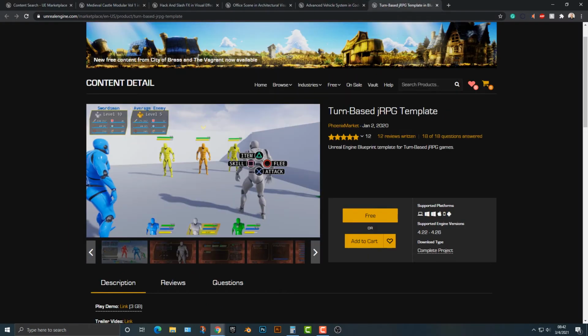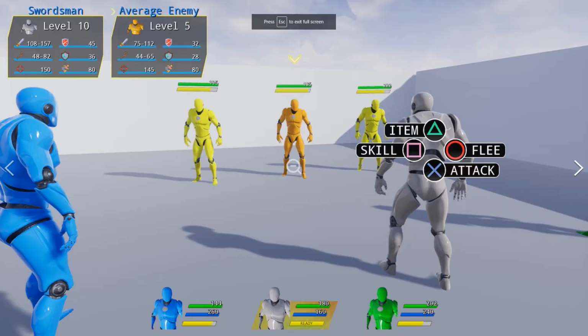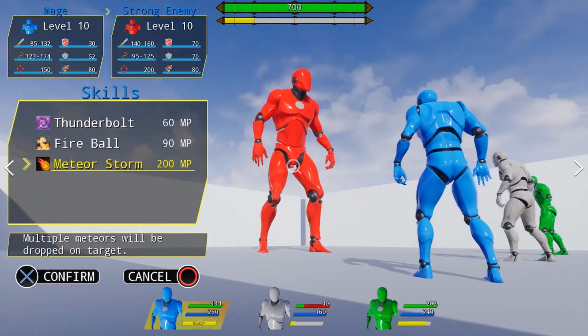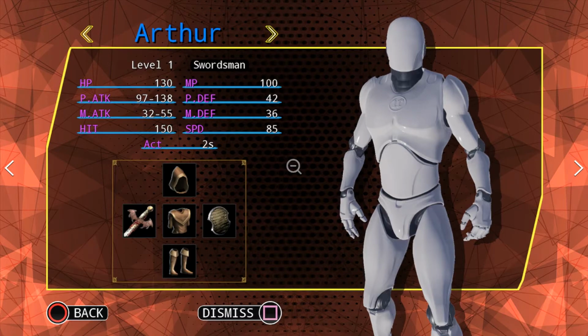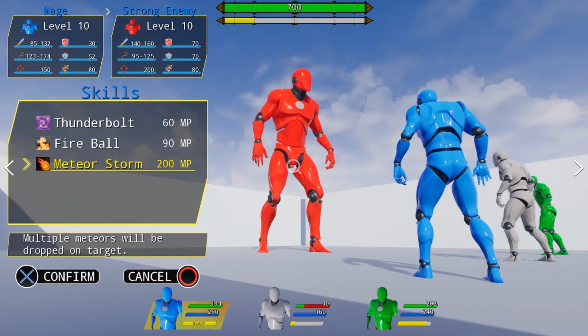And last but certainly not least, if you want to make a turn-based JRPG template, this is for you. A lot of people who get into game development want to make this particular game. Well, this template is for you just because a lot of it's set up for you. This is actually really well done. And if you want to make a JRPG type game, I would recommend just downloading this project,